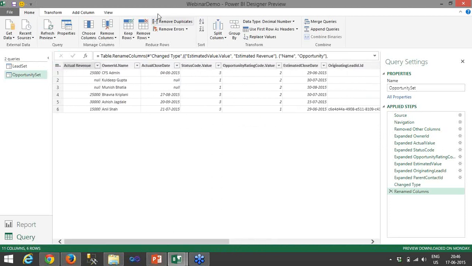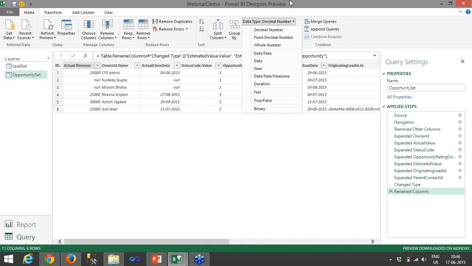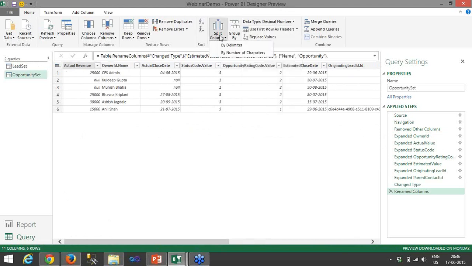We can also do many other transformations in this query section, like changing the data type for a particular column, or splitting a column by a delimiter if you have data combined with a delimiter like colon, text, space, or semicolon.